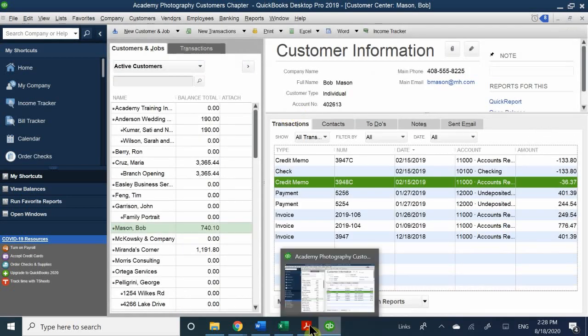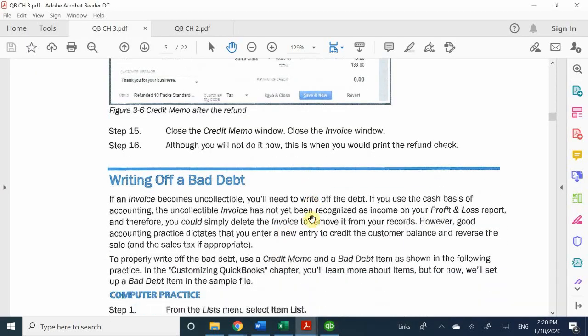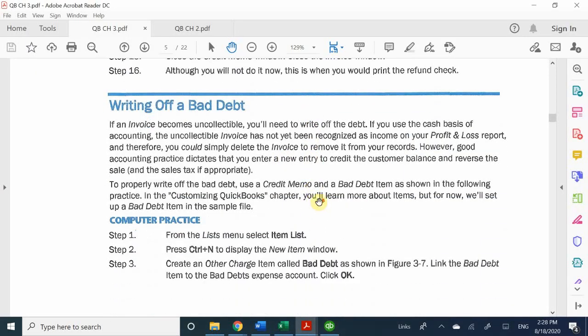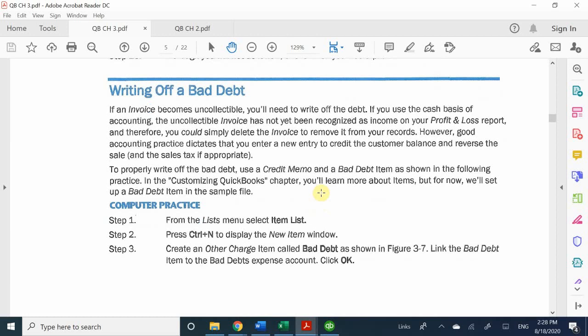All right. So now we're going to talk about how to write our bad debt off. So let's say we have a customer, and I believe we are looking at an invoice for Anderson Wedding, for one of their clients. All right, and in order to do this, we're going to be looking at